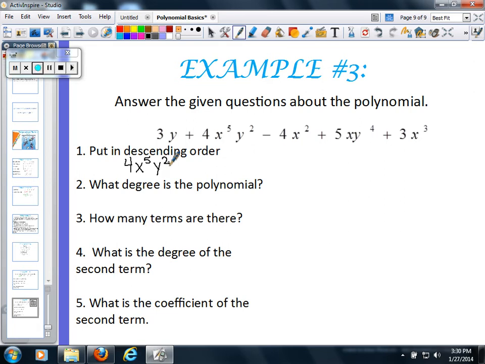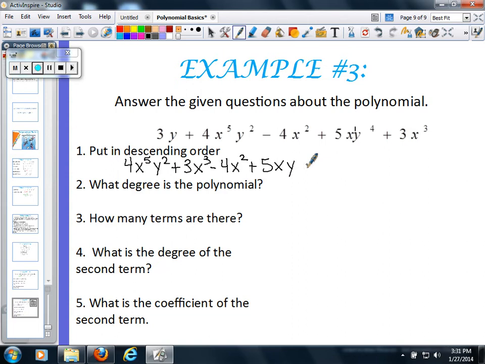All right, so the next smallest, I have an x squared, I have an x^0, I have an x^1, and I have an x^3. So the next biggest is going to be the x^3, so that's going to be my next term, plus 3x^3. And then again, I have x^1, and remember, when there is no x here, it's always going to be x to the 0 power, because that's just going to be 1. So it looks like my next one is going to be minus 4x^2